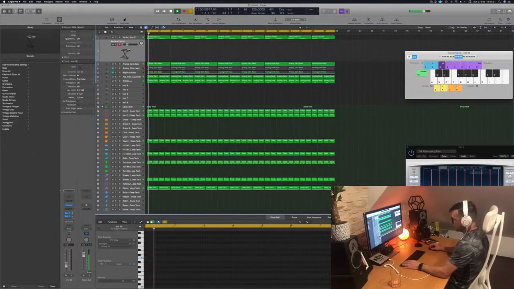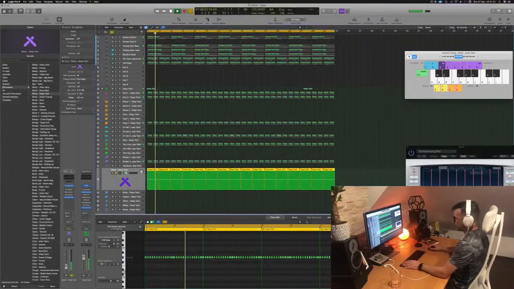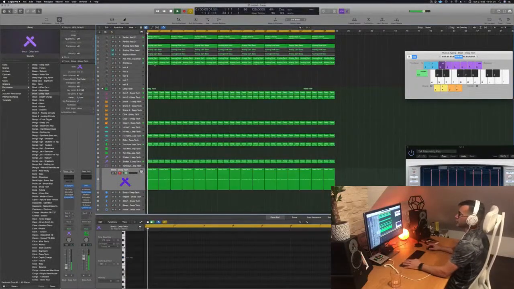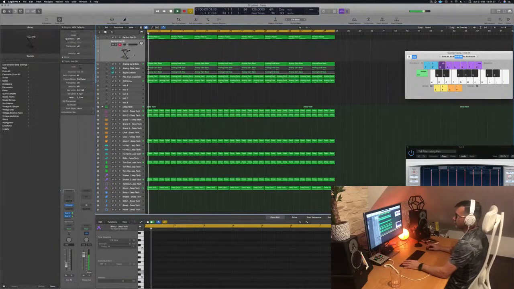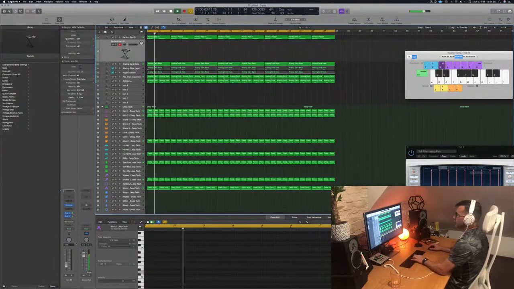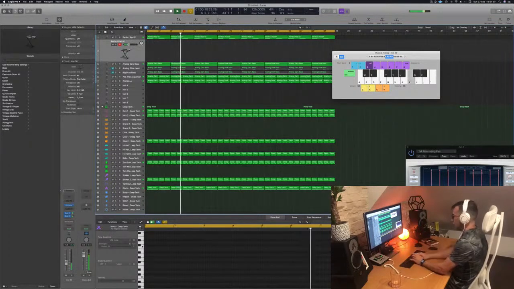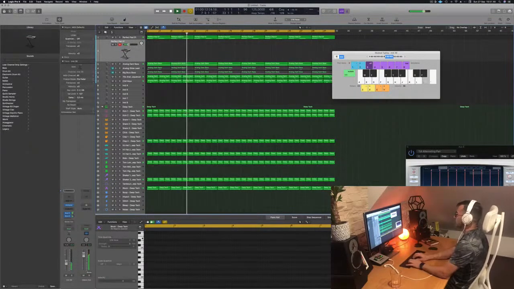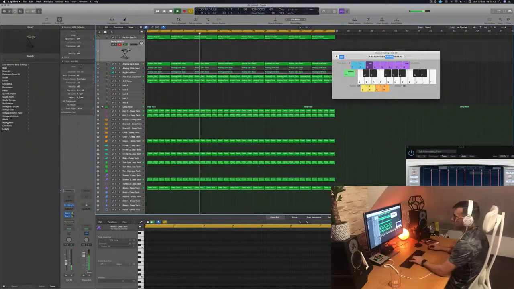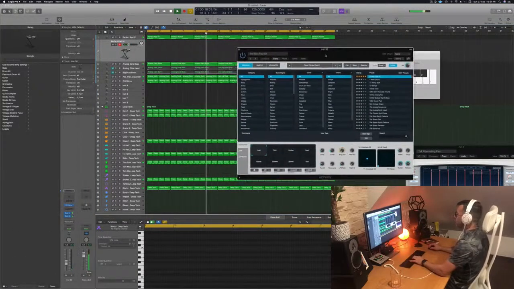So we still have an issue with this block going a bit crazy. So what I want to do now is to top it up with some lead, and it's gonna be more pad. And for this, definitely not too many keys, you know, you don't want to go full on, not spacey, but